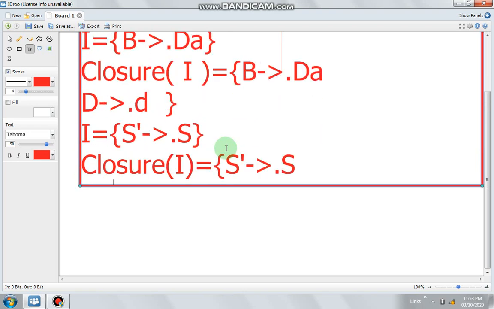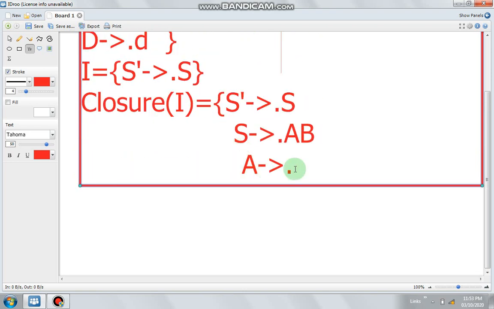Just a minute, A derives small a. Okay, now close it. Now you can see this is a dot, and after the dot there is a terminal, so you don't need to include more LR0 items in this set.